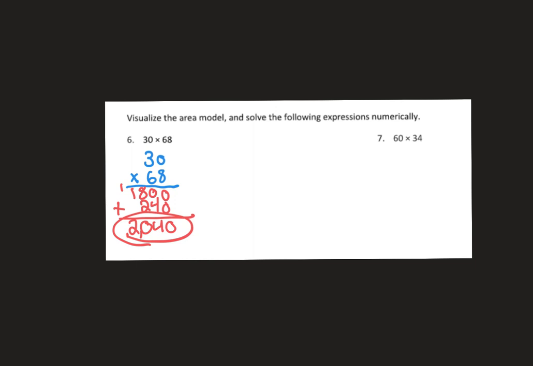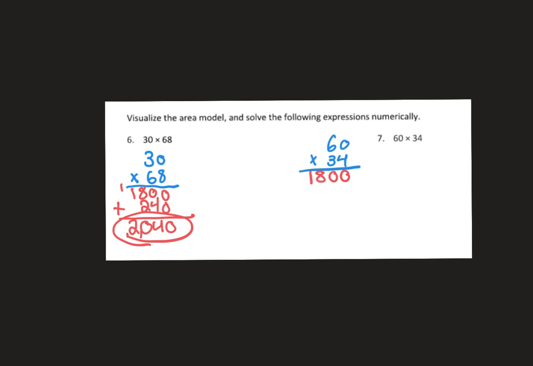Now let's try one more like this. So we have 60 times 34. So we're going to first write it out. 60 times 34. So we first have to do 60. And remember, visualize it. So this 34 would be 30 and 4. So 60 times 30 is